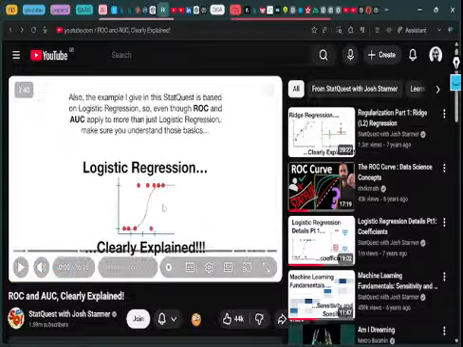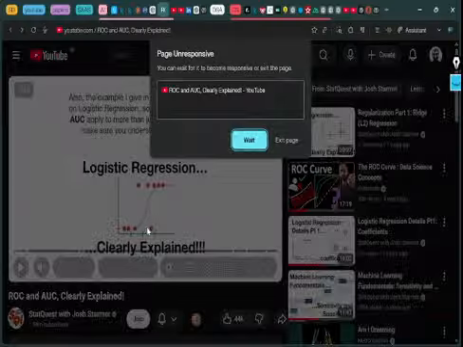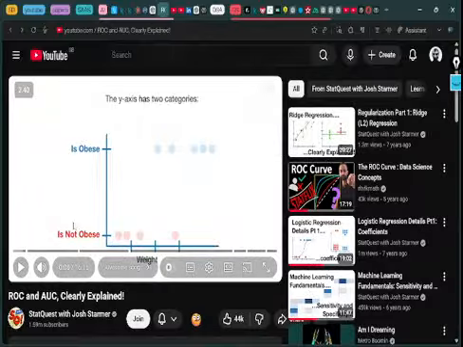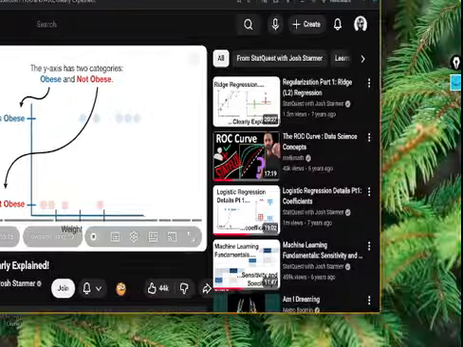Also, the example I give in the StatQuest is based on logistic regression, so even though ROC and AUC apply to more than just logistic regression, make sure you understand those basics. Let's start with some data. The y-axis has two categories, obese and not obese. The blue dots represent obese mice, and the red dots represent